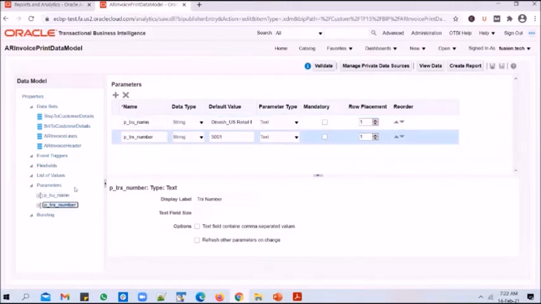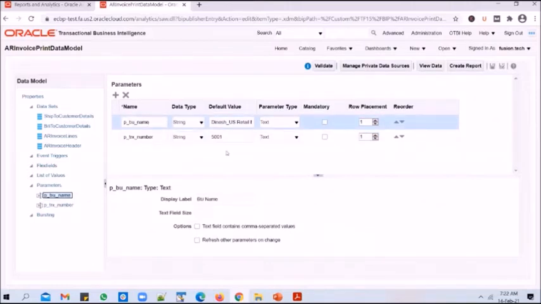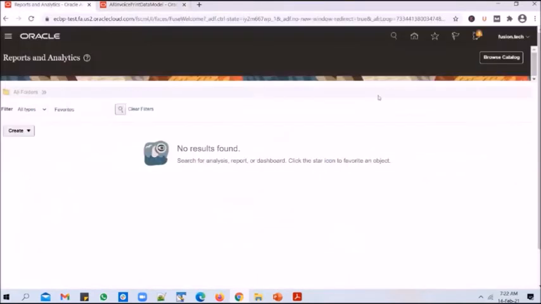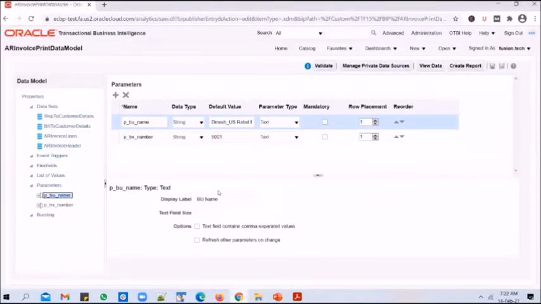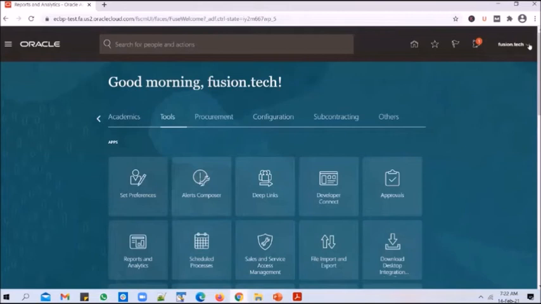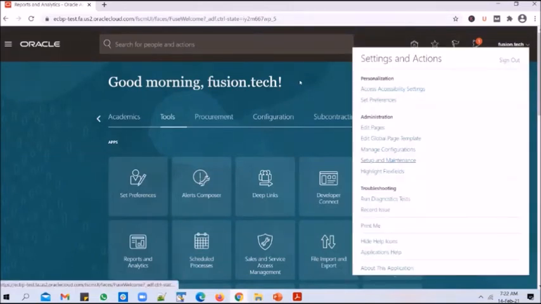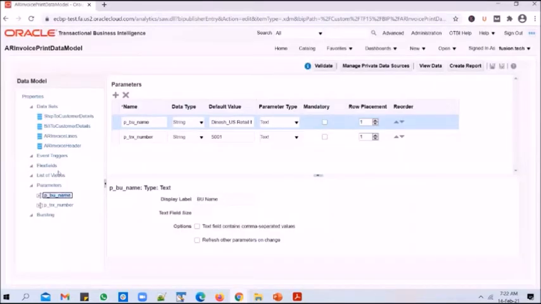Okay. So to do that, let me take you to a particular screen. If I go to setup and maintenance, the next question is, yes, we know that we need to display the list of values, right?